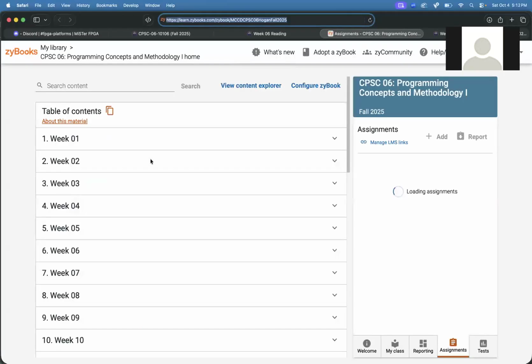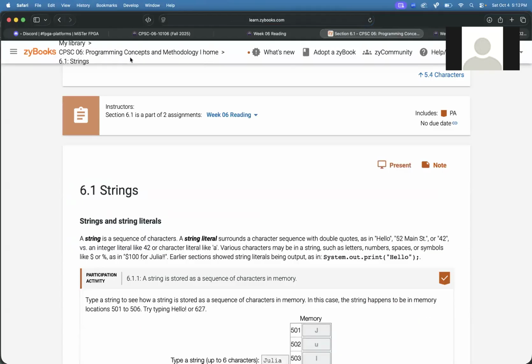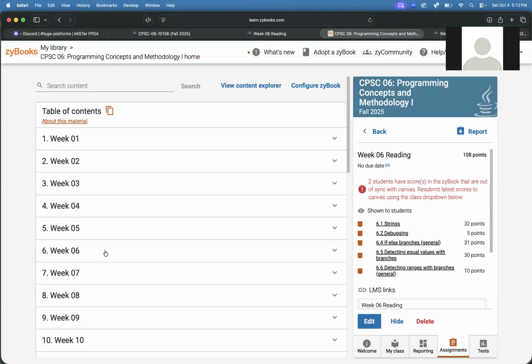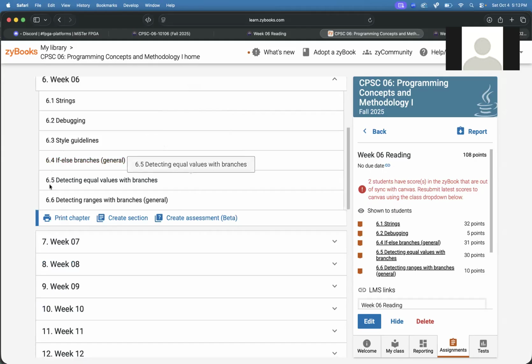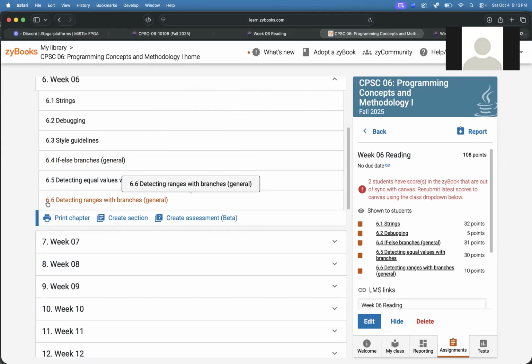Here we go. Right. So over here in Zybooks, if we look at what we have in week 6, there's some exercises in 6.1 strings. There's no exercises in 6.2 and 6.3, but then in 6.4, 6.5, and 6.6, what we're talking about